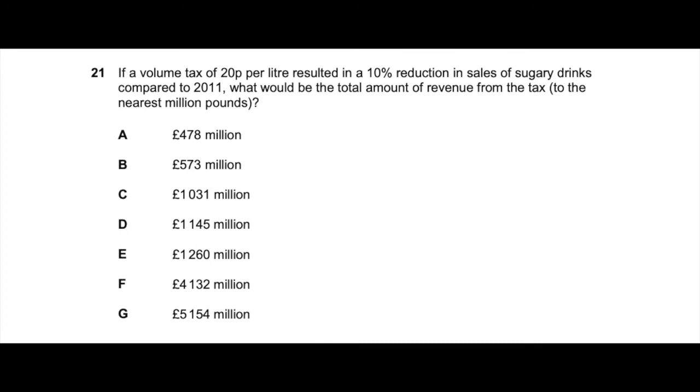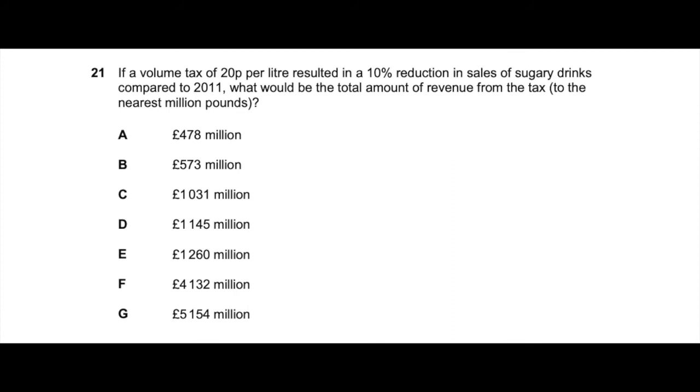Question 21. If a volume tax of 20p per litre resulted in a 10% reduction in sales of sugary drinks compared to 2011, what would be the total amount of revenue from the tax, to the nearest £1 million? The correct answer is C because of the following. The text states that in 2011 approximately